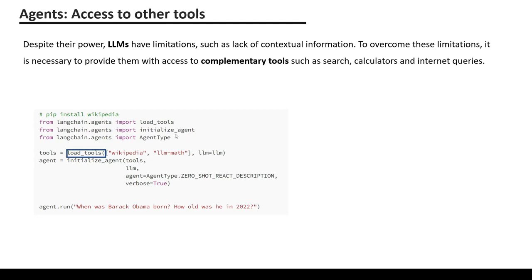To achieve this, we first import the necessary functions from LangChain. We use the load tools function to load the Wikipedia and calculation agents. We initialize the agent with initialize agent, passing in the tools and the language model we want to use. Once the agent is defined, we simply use the agent.run function to execute tools, allowing ChatGPT to access Wikipedia and